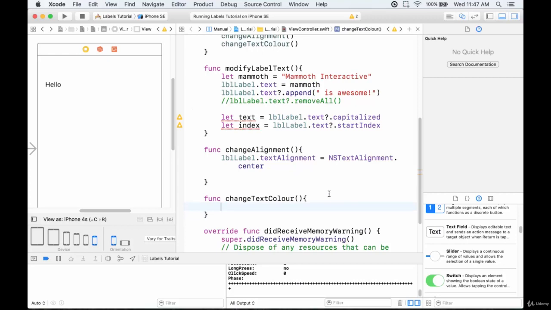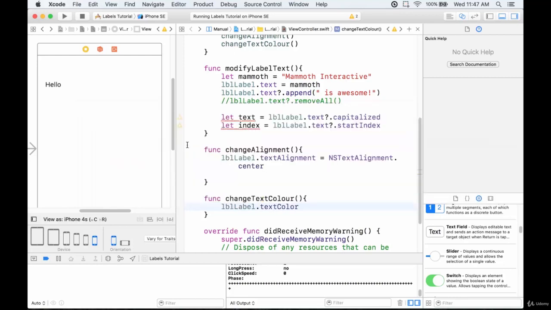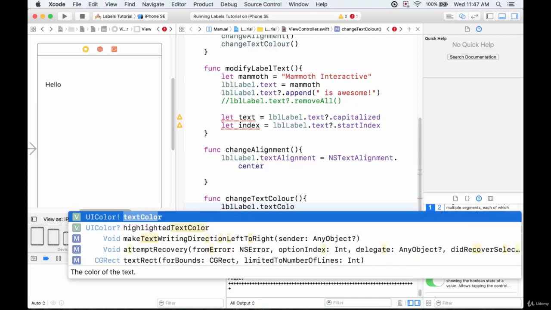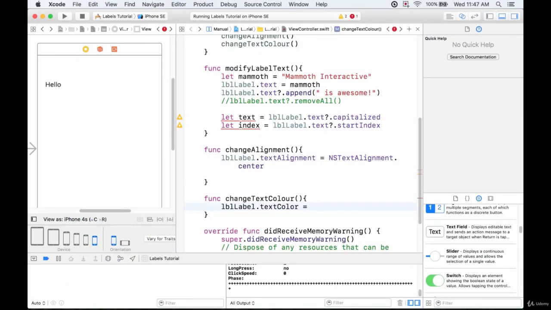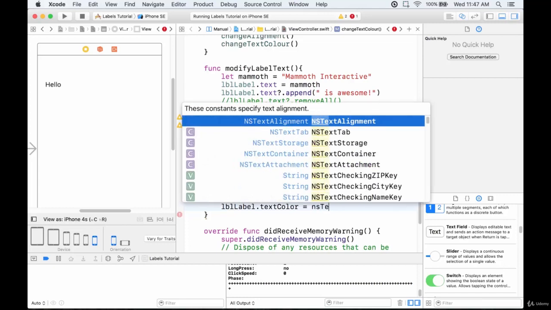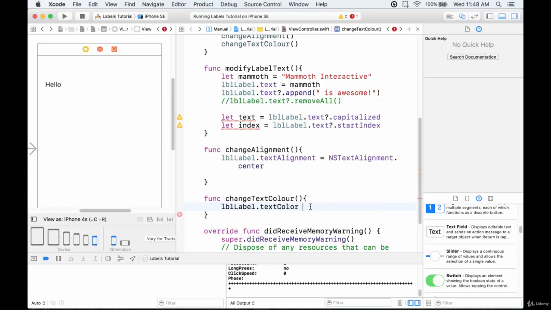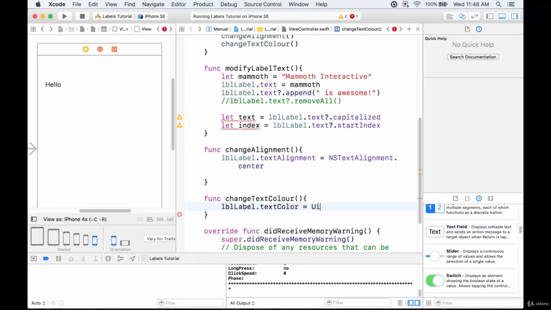The way we want to do that is going to be LBL label, and we're going to go dot text color this time. Okay, so not text alignment, text color. And if we select text color, then notice that it's a UI color. So we're going to need to do the same thing that we had with NS text alignment. We can either set this equal to some kind of a number, which is going to be a hex code for a particular color, or we can say NS, what was an NS color? Let's see, so color, UI color, there we go. UI color,